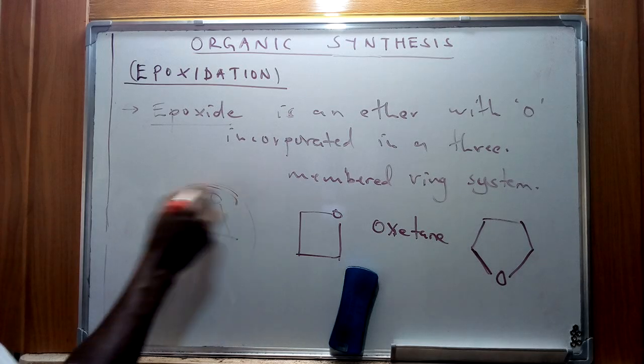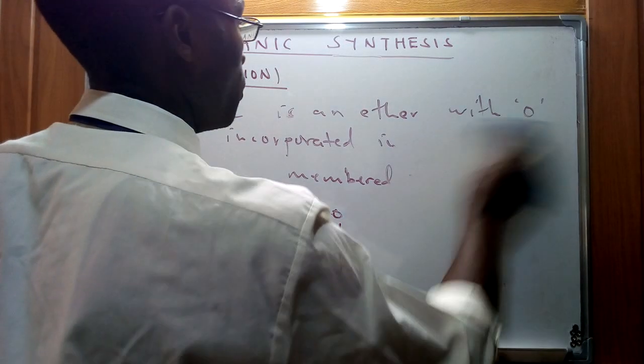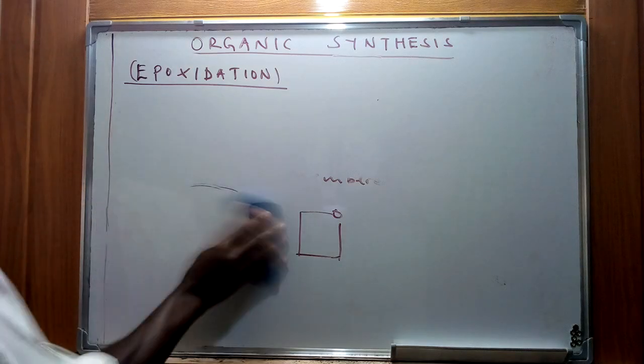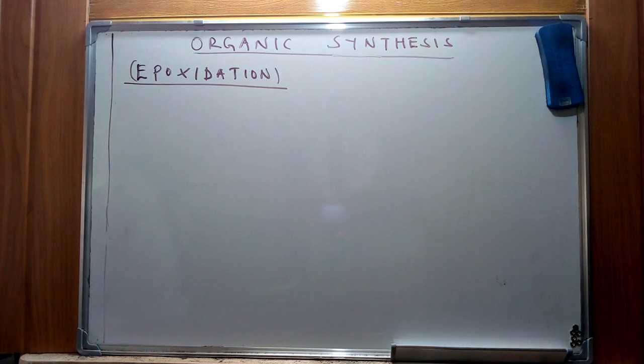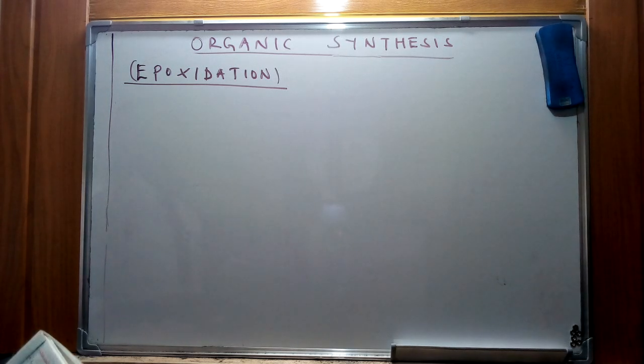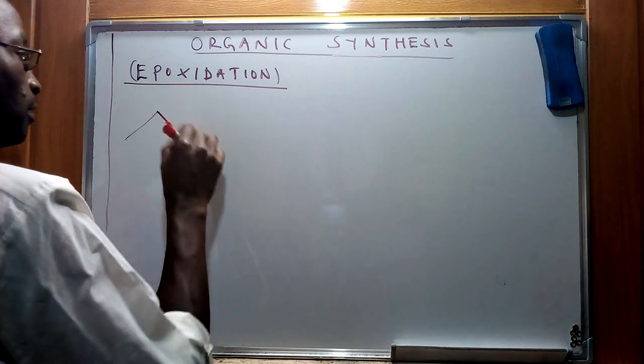But of our interest today is the concept of epoxidation that is going to result in the formation of an epoxide, that I've just mentioned as a three-membered ring with an oxygen incorporated in that specific structure. So therefore, if you try to look at these specific reactions, we're going to see that these are half esters of hydrogen peroxide,